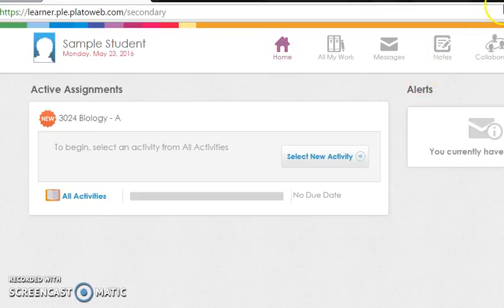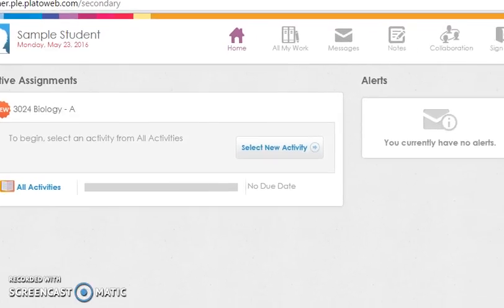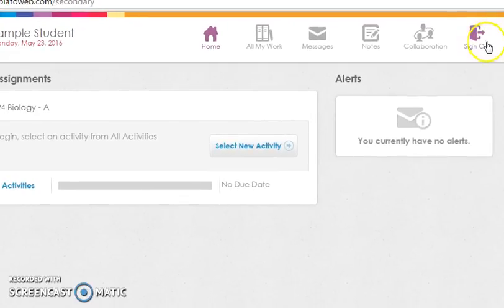First, I'm going to show you a couple of the features up here at the top. Sign out, self-explanatory. If you want to message your teacher, this is a really big thing that I want you guys to understand how it works. If you need to send a message to either Ms. Janowski for students' last name A through K, or Mrs. Allwine for students' last name L through Z, you would want to click on Messages,